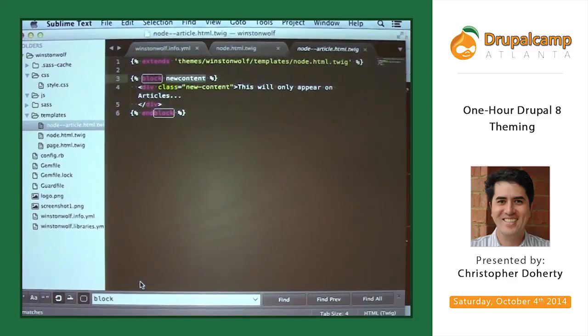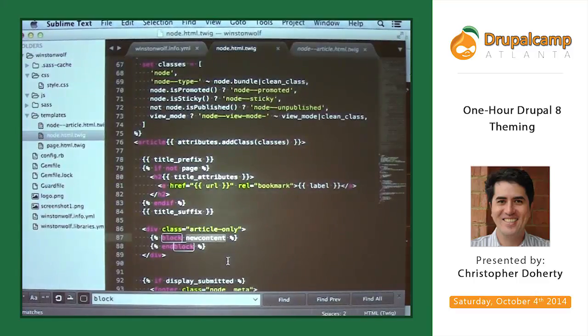When you're adding the code to the new content section, does it automatically override? For example, if you're adding something that's similar in the template, will it override the template stuff, like in the referenced node.html.twig file? Because this is in my theme file, so this is overriding what is the default node.